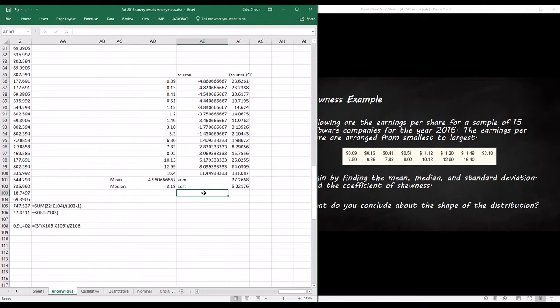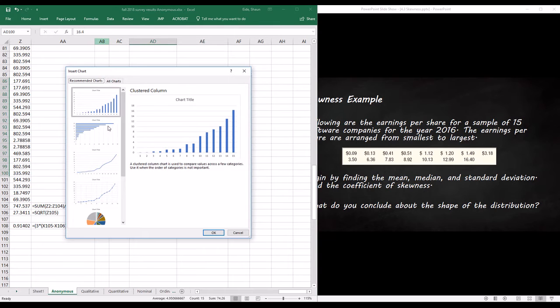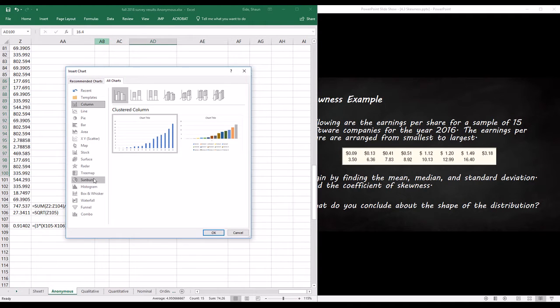So then we do equals 3 multiplied by the mean minus the median, and then we divide that by the standard deviation, which gives us 1.017, and so that is going to be a positively skewed distribution. And if you want to take a look at this, you can highlight more of a visual representation of this. Highlight this and do insert, recommended charts, and let's go to all charts, and we're going to do a